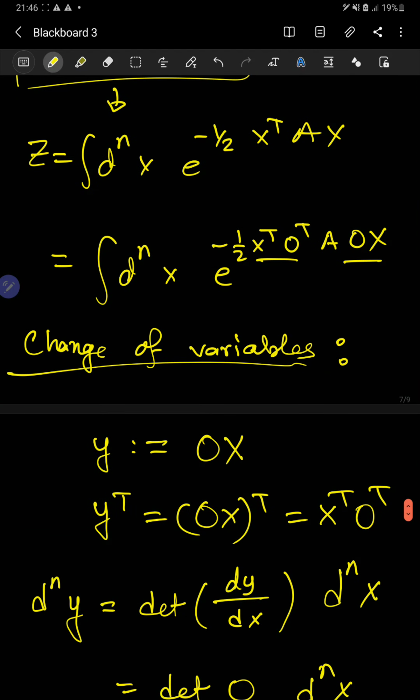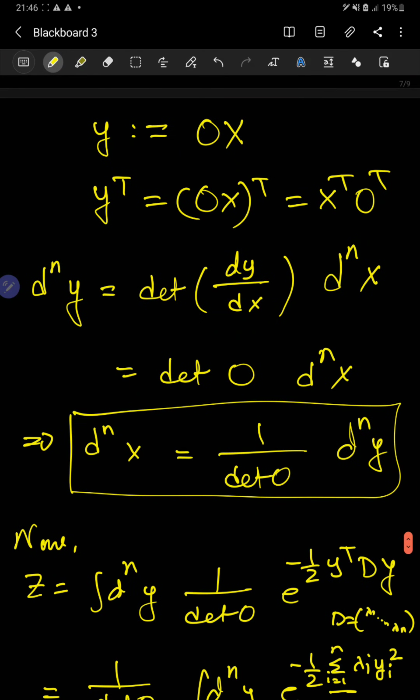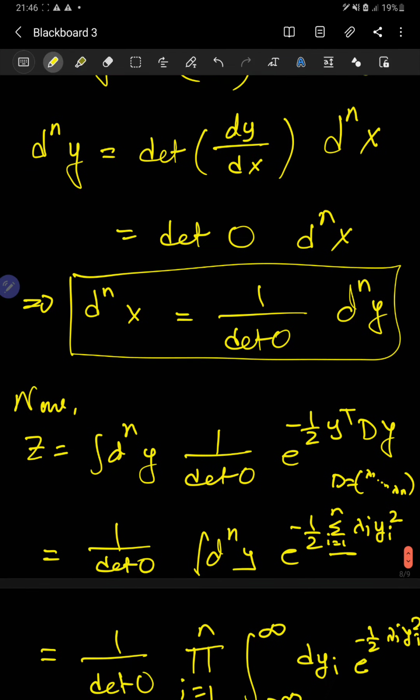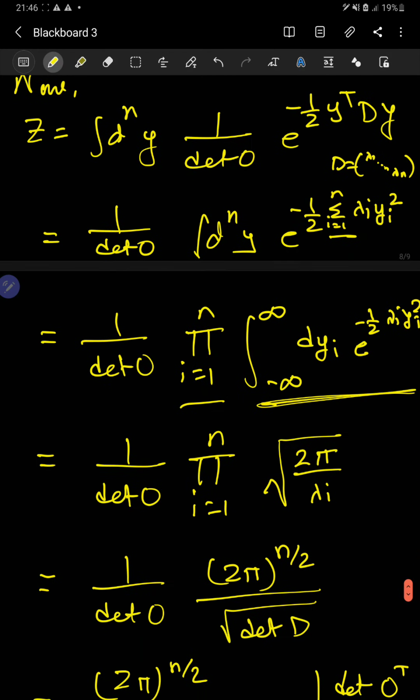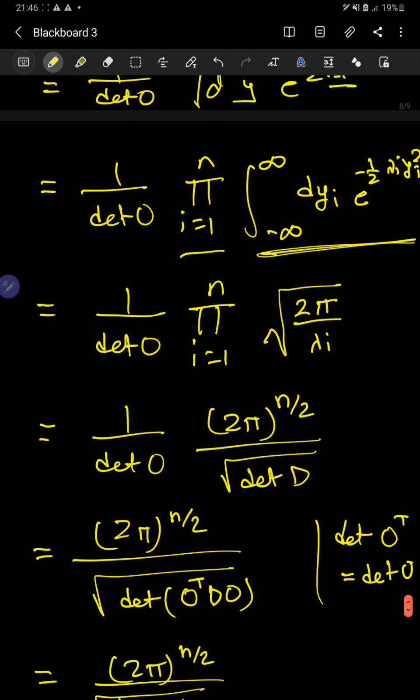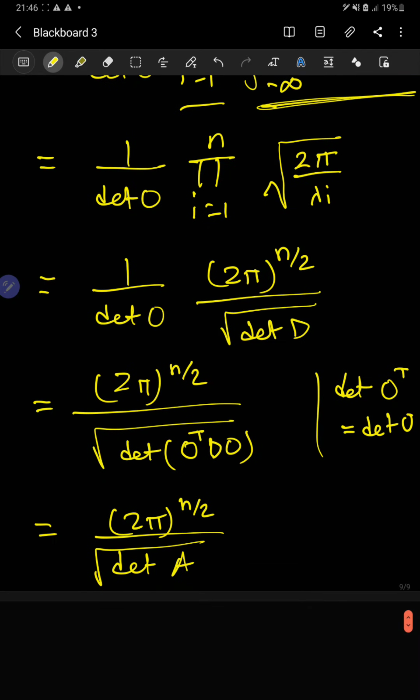That's what we did. We did a change of variables, and we got the determinant of O as the Jacobian. We can now write the Gaussian integrals as products, and we have the determinant, and there you go. You have the determinant of